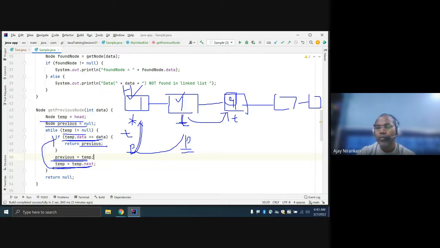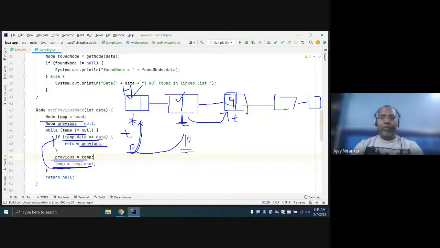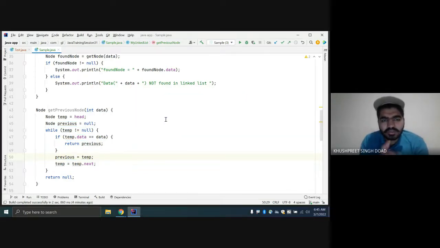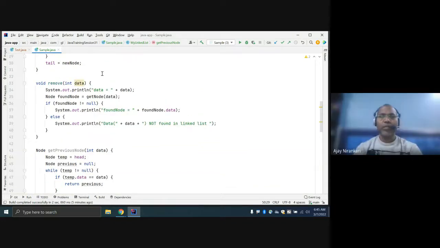Any doubt with this previous? No, sir. Okay. Yes, Kusprit? I have some doubt in the method we wrote above, before this remove one. This is the blank one. Till now it is not doing anything. It is just invoking, checking your found node, whether you are able to find it or not.